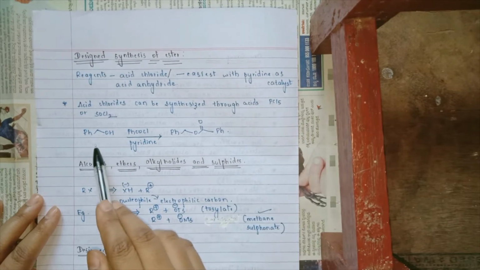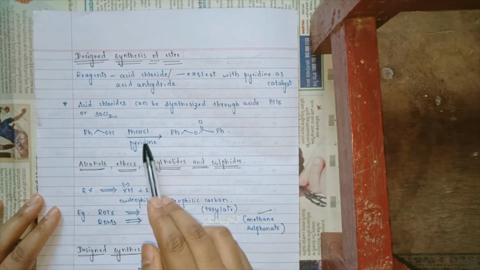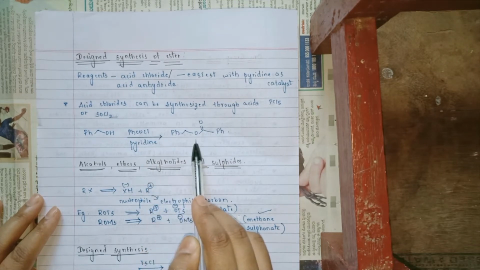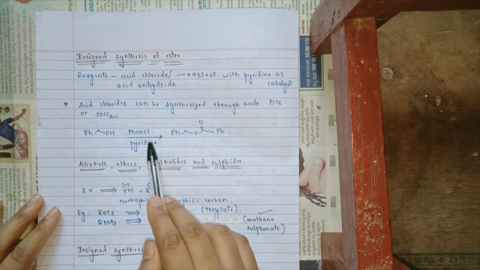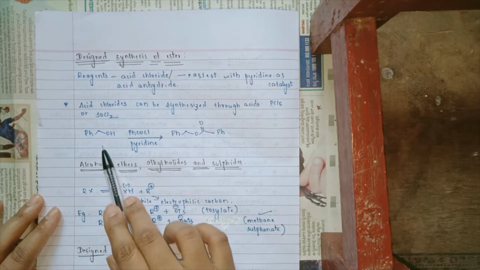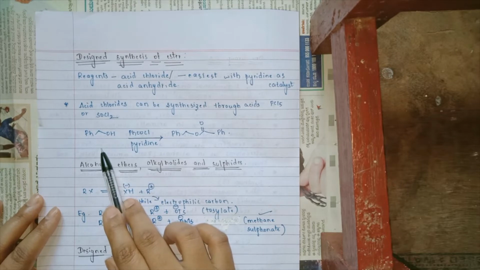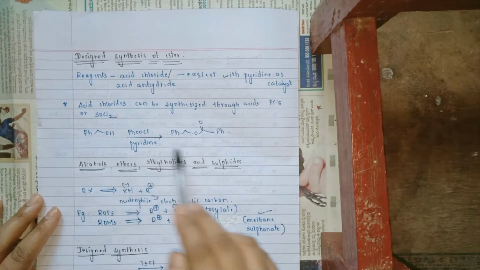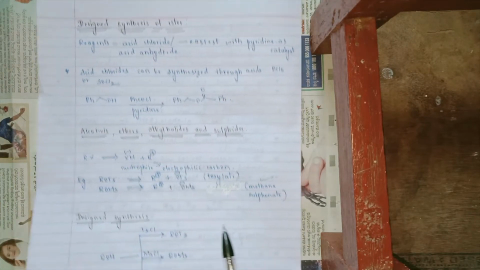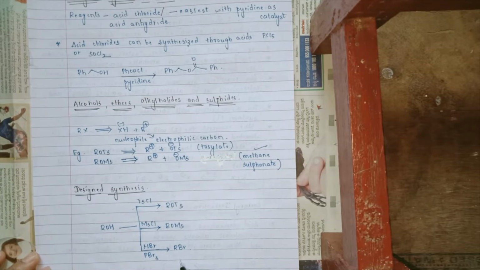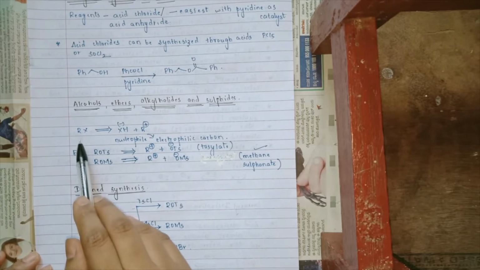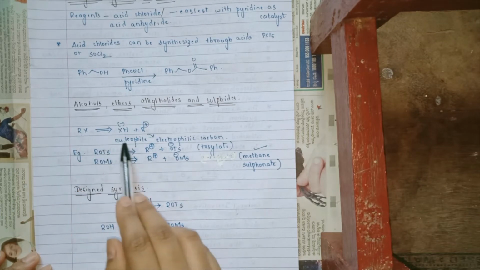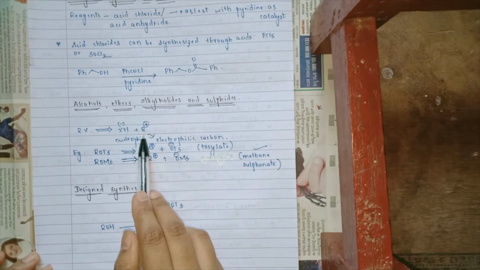For example, benzyl alcohol reacts with benzoyl chloride in the presence of pyridine to give a benzoyl ester. So this is how an acid chloride, which is an aryl chloride, reacts with an alcohol like C6H5CH2OH in the presence of pyridine. Pyridine helps in abstraction of the proton and we get a benzoyl ester. In the same way, alcohols, ethers, alkyl halides and sulfides can be considered. For example, if there is RX, we can cleave at the R-X bond, where I'll get X with a negative charge and R carrying a positive charge.